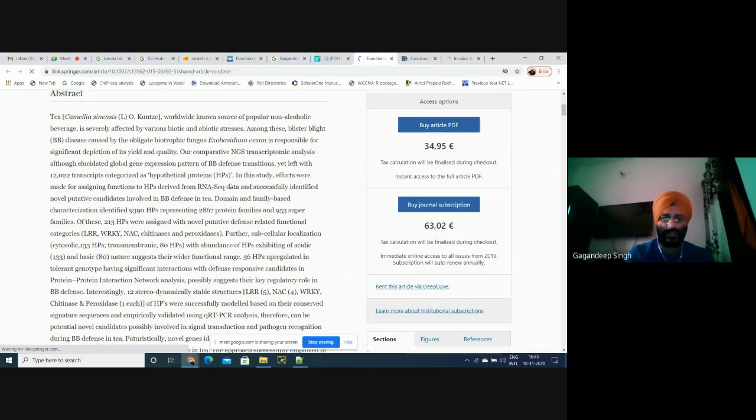But why have we selected only 213 hypothetical proteins? Because these proteins are categorized as hypothetical, but we have selected only 213 because these proteins are expressed during that disease. Now you can understand, the proteins are expressing during disease condition but are in the hypothetical category. If these proteins are expressing, they should have some particular role in that particular disease condition.